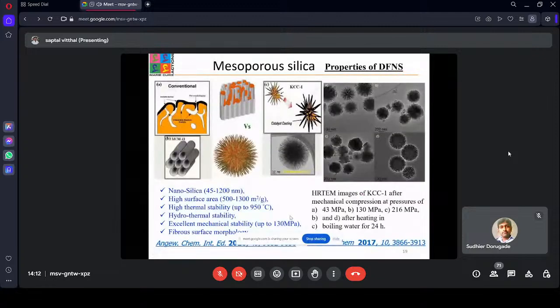And another type of mesoporous silica we have used, because the silica we have synthesized, generally people synthesize with a tubular structure. When we load any functional group like an amine functional group or any other nanoparticles for the design of other catalysts, generally they block the pore. So we are looking for a different silica which has a spherical morphology